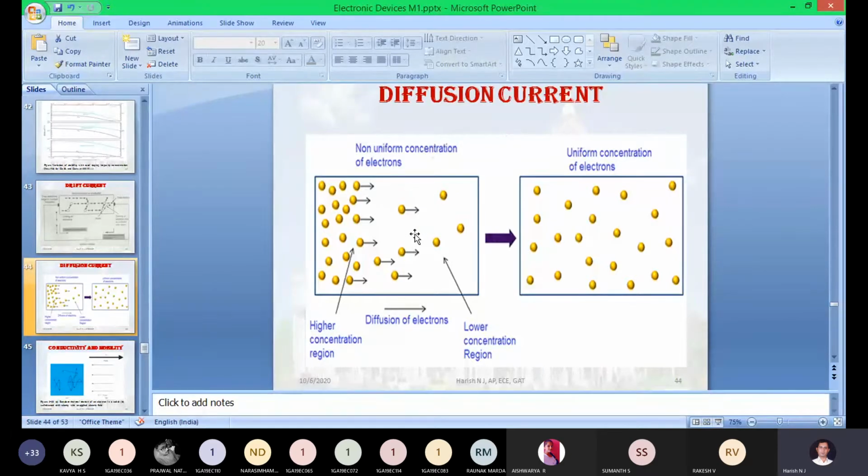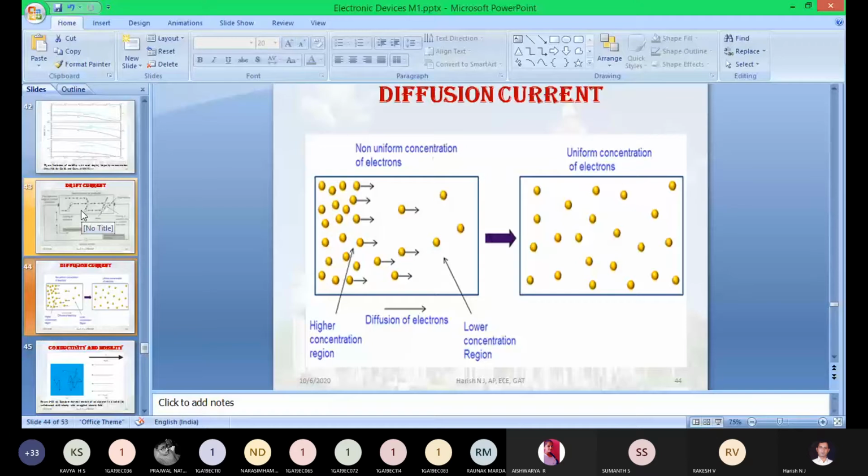One thing you keep in your mind for giving the explanation of drift and diffusion: you can take N type or P type, there is no problem. But in the drift, we have to apply an additional power supply for the biasing. In the diffusion, you need not apply any additional power supply, but you have to take a non-uniformly concentrated piece of semiconducting material. In the drift, you have to take a uniformly doped piece of semiconducting material. These two are the differences between the drift current and the diffusion current.